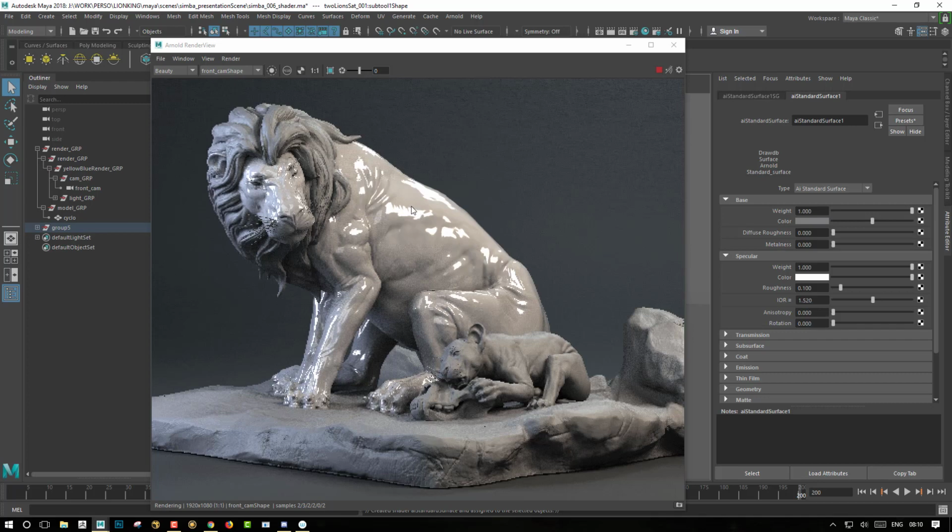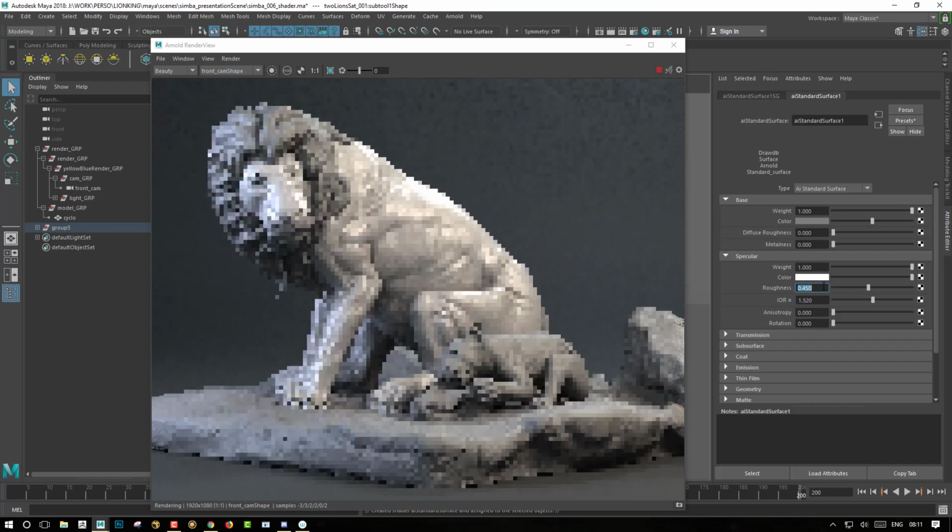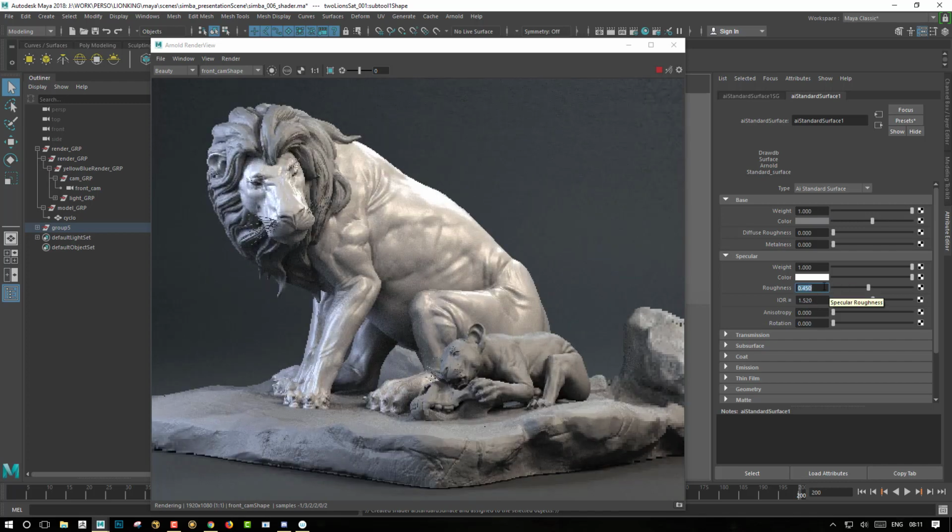Then something that we can see from now is that the specularity is way too glossy. We don't want to have that. We want to have something that will be more dim, more rough. So we will play with the specular amount. With the specular amount, we can just play with the specular weight to reduce it, but we will keep it at 1 to see the full impact of the specularity. And I will just put the roughness at 0.45, just to see how it's looking.